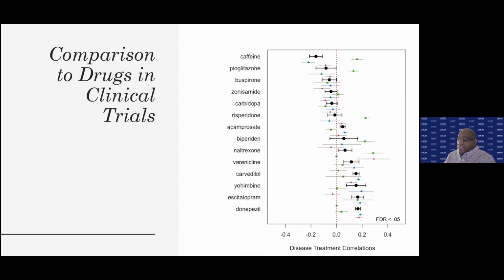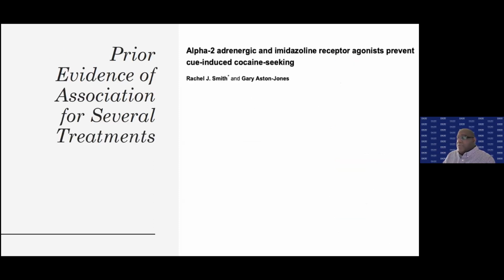Now, we weren't able to get our hands on all the compounds that are currently being tested, not being treated, but currently being evaluated. But what we find is that in comparison to the drugs that were available in the L1000 dataset, many of those compounds did not exhibit the same profile as the 16 that we discovered, right? And so they don't seem to be tied in any way to the neuromolecular associations between human and cocaine use disorder. And so we thought that was quite interesting. And so we carried forward